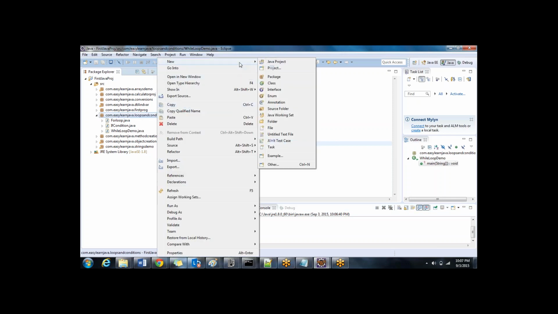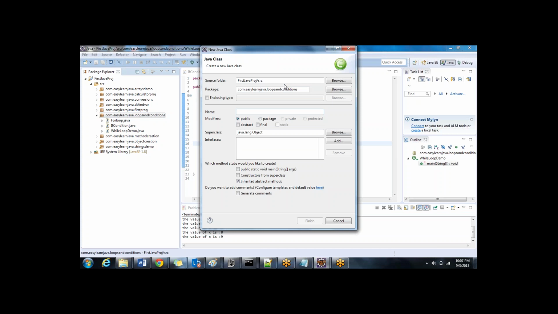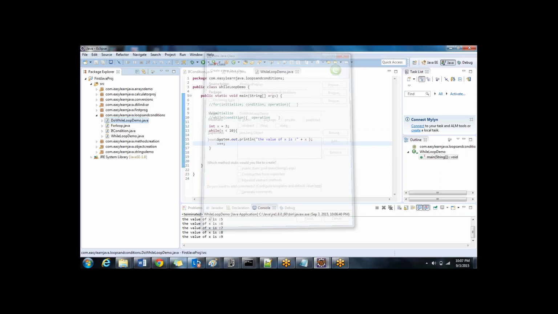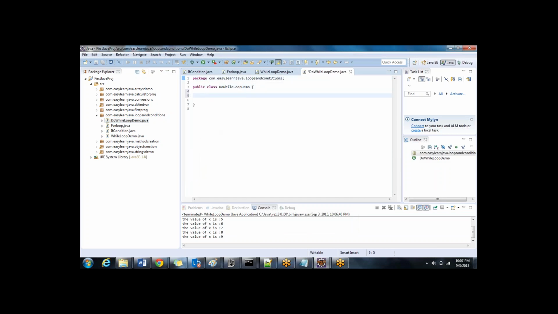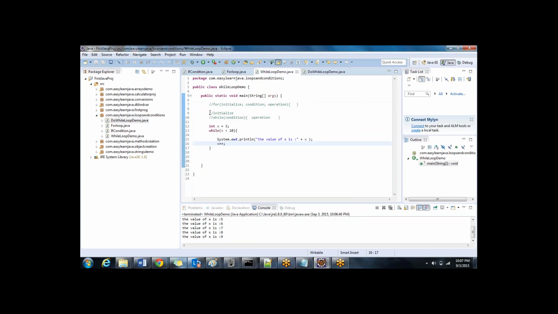Okay, very good. The next thing and the last thing is do while. Do while loop demo. In this, the same old scenario, initialize, while, all these things. But the specific difference here is, let me write the specific syntax and then you will understand. Int x equal to 5, then I say do,